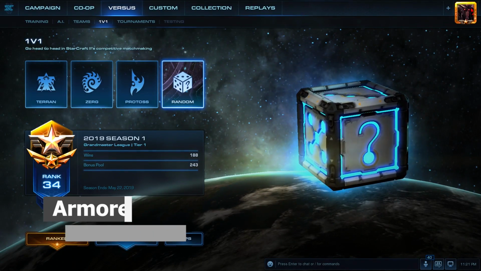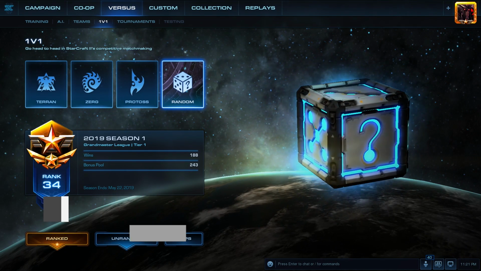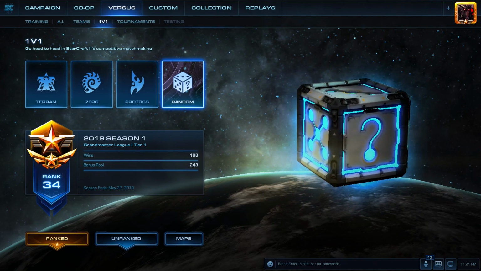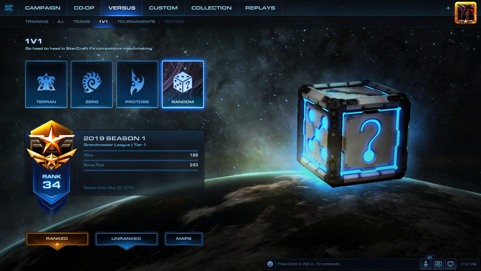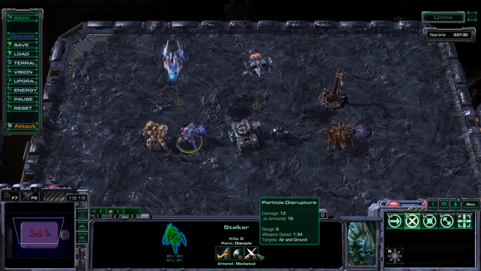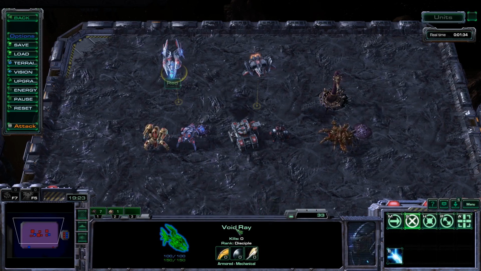Now, armored units, the opposite of the light ones, just like the light units, are very well spread across all the races and are actually more represented in StarCraft II than the light units, which is something that, before I actually started making this video, I always figured there were more light units in the game. Not the case. So units that deal bonus damage versus armored units are Stalker, Immortal, and Void Ray from Protoss, Marauder, Siege Tank, and Viking from the Terran race, and then from the Zerg race...